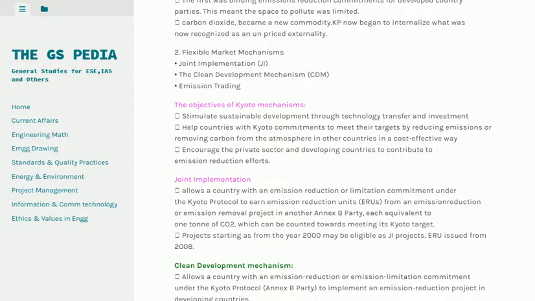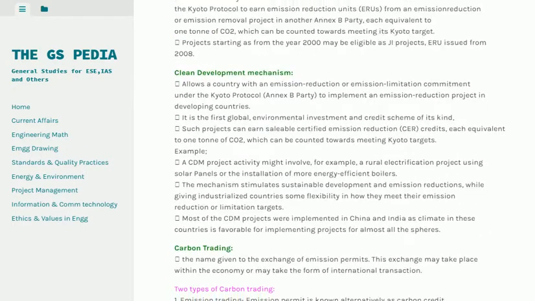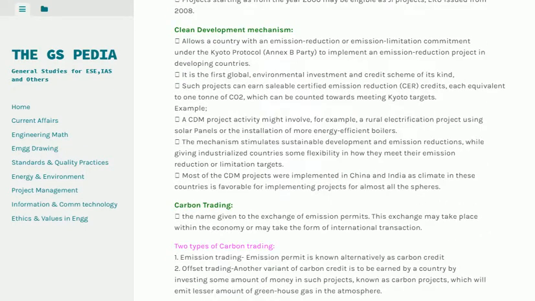Clean Development Mechanism allows a country with an emission reduction or emission limitation commitment under the Kyoto Protocol Annex B party to implement an emission reduction project in developing countries. It is the first global environmental investment and credit scheme of its kind. Such projects can earn saleable certified emission reductions credits, each equivalent to 1 ton of CO2, which can be counted towards meeting Kyoto targets. Example: